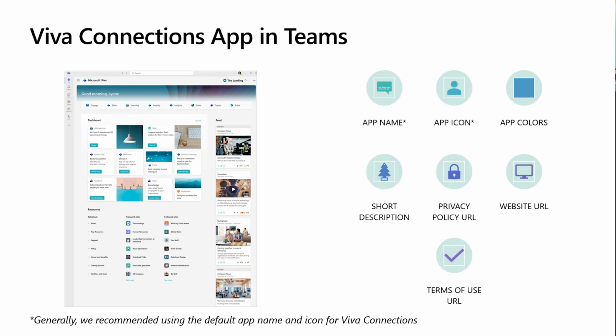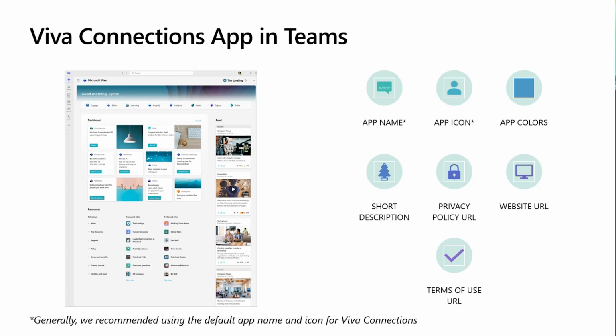And then the last thing we apply governance to is that Viva Connections app in Teams. As I mentioned before, there's a few things, and we'll look at this in a demo environment shortly, but these are the things that you can configure for the Viva Connections app. And you could also apply policies to show it to only certain people. And there's also the pinning, but these are kind of the key things you can set.